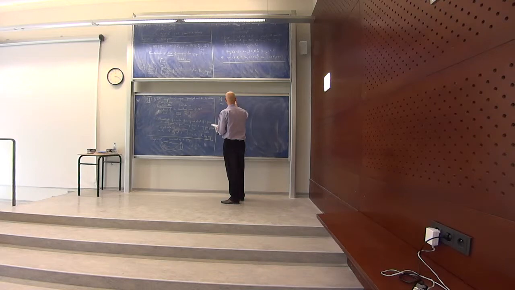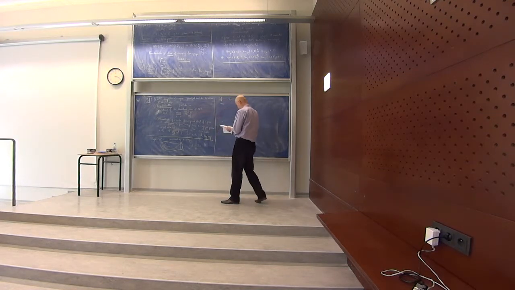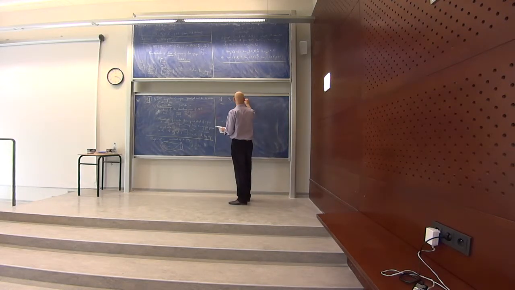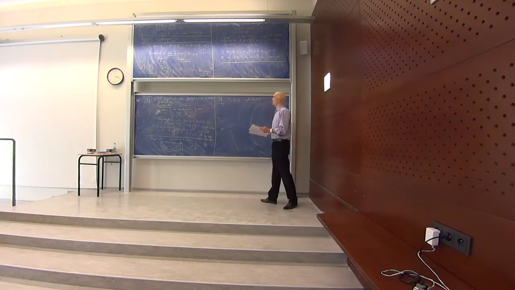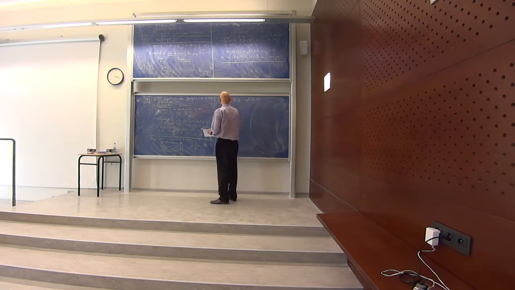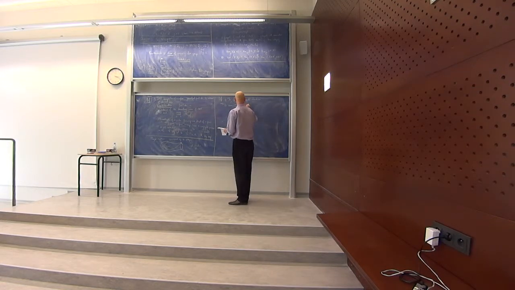The objects of the category are pairs: a surface with a rigid structure, a surface with boundary split into two parts with a rigid structure. So this is the first part, and the homomorphisms between two such objects